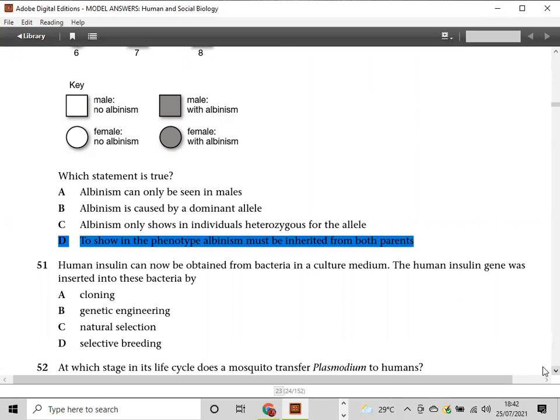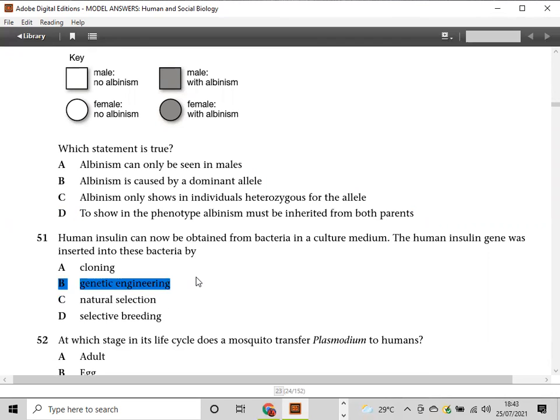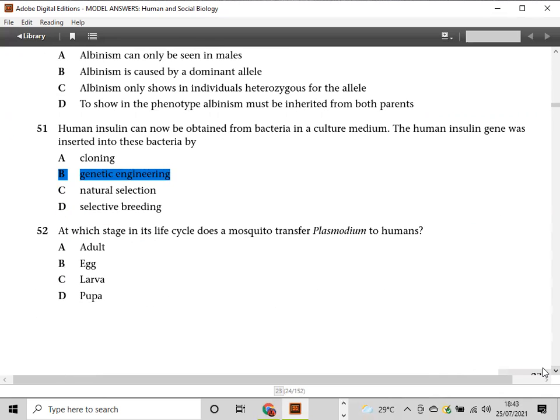Human insulin gene was inserted, and that would be B. That's genetic engineering. And 52, at which stage in its life was a mosquito transferred Plasmodium to humans, and that is A. And as an adult,